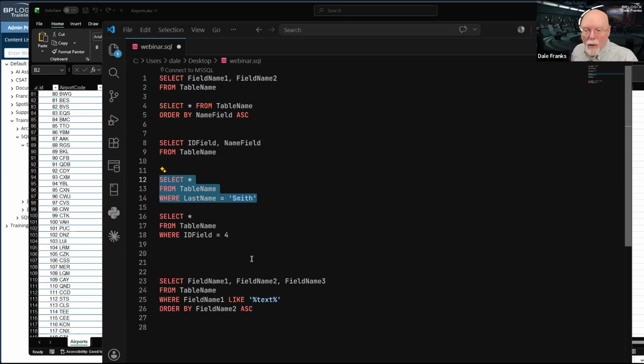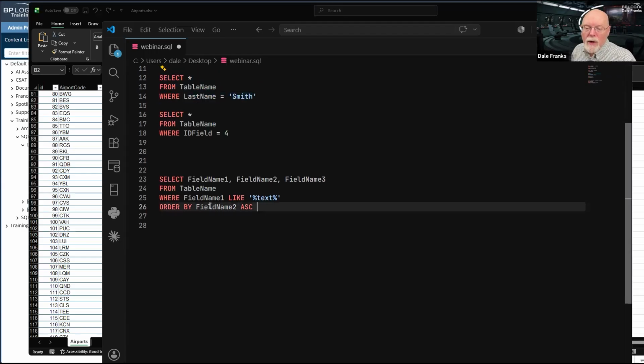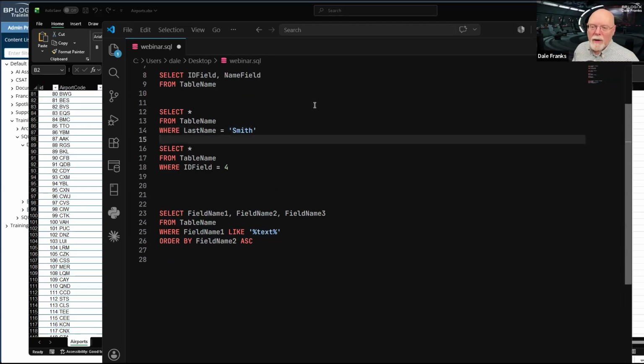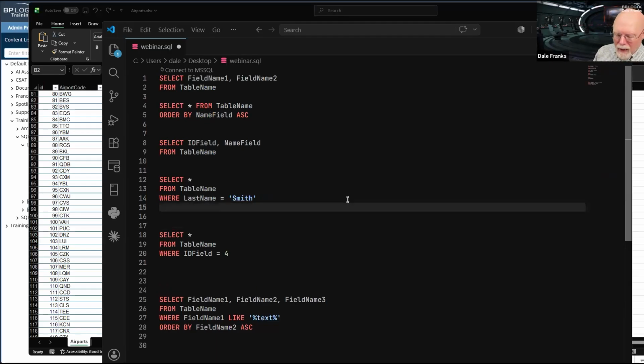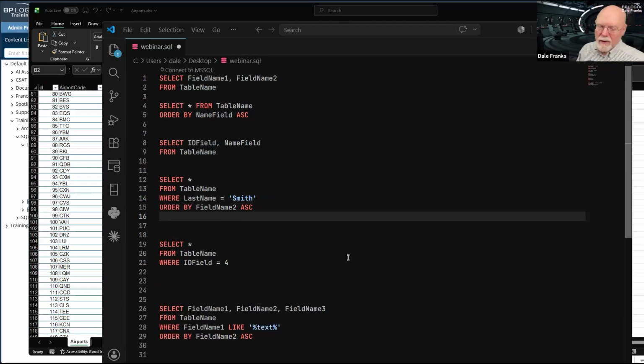Okay, well, if I'm going to return multiple records, that brings us down here. What am I going to do with those multiple records? The same principle that we talked about previously as far as sort order applies here. I am going to want to put this, for the sake of my end users, into some reasonably logical sort order when I pull all of the Smiths.